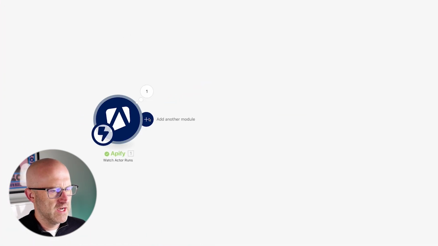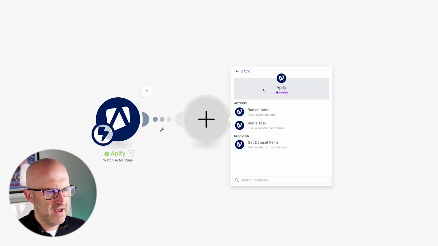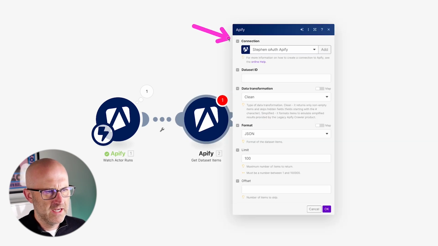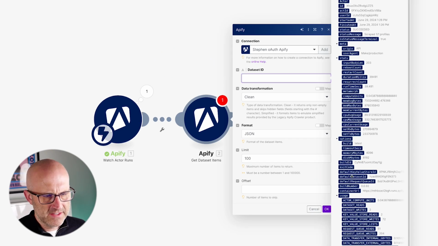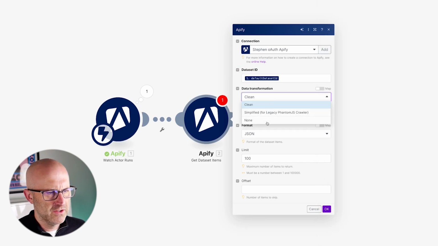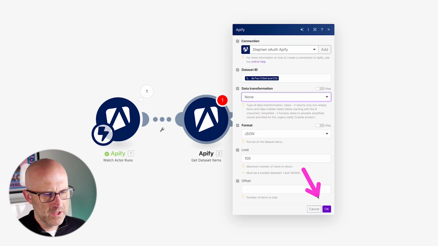So the next thing we need to do is get the data set. I'm going to go back to Apify, get data set items, go ahead and select your connection. The data set ID is going to be the default data set from step number 1. Default data set ID. For a data transformation, you can turn this to none. For format, you can leave it on JSON, limit to a 100, and then we can go ahead and click